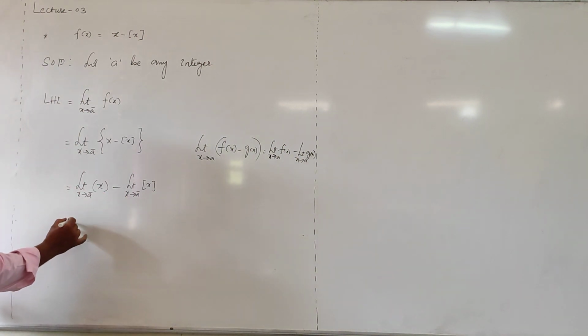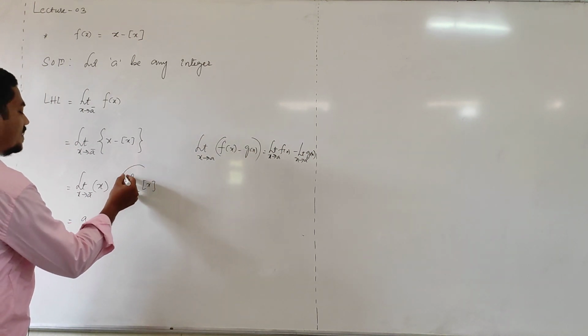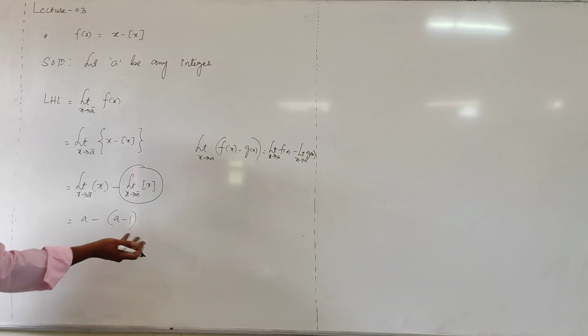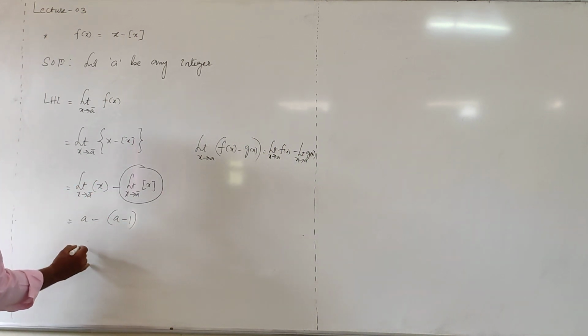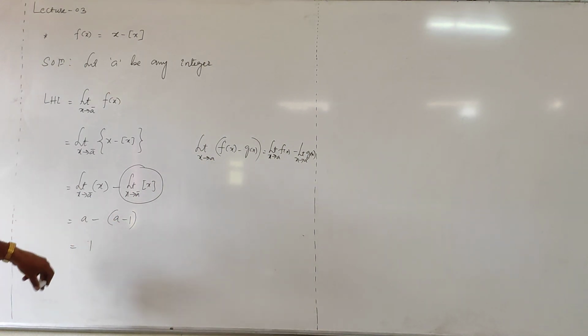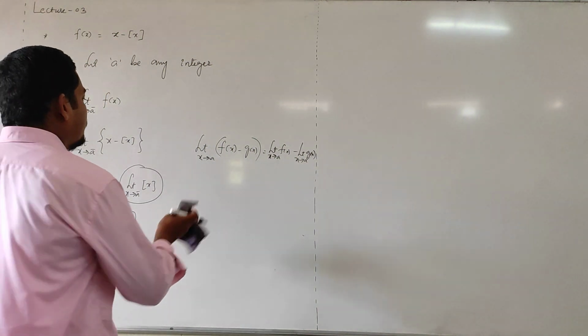Put the x value a, then clearly it is a only. The middle minus sign stays as it is. Already you know this value. What is this limiting value? a minus 1, as you know from the previous problem. Then on simplification it gives plus 1: minus a, minus of minus gives plus 1, and a gets cancelled, leaving 1. Next evaluate the right hand limit.